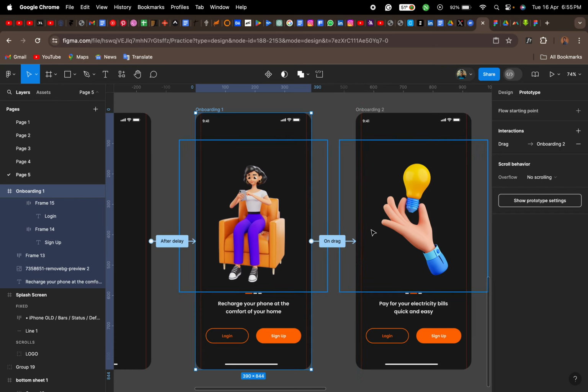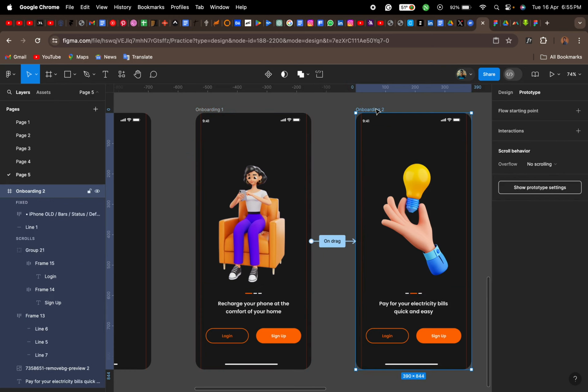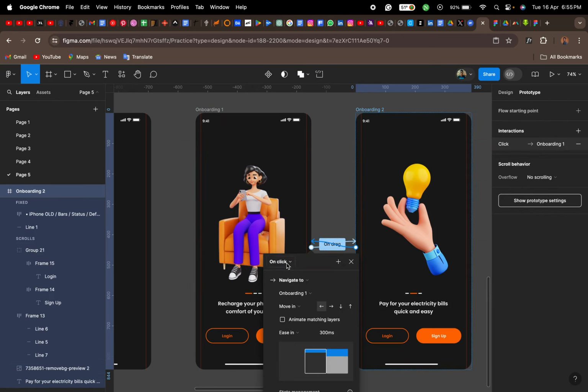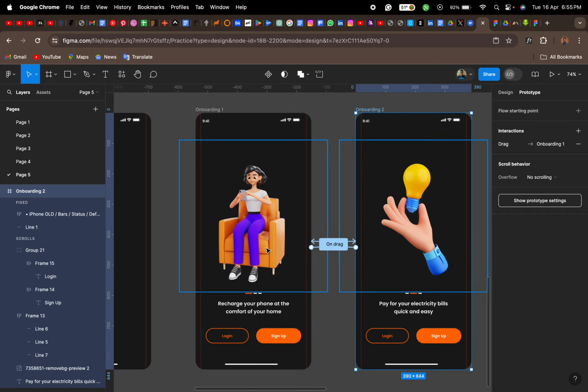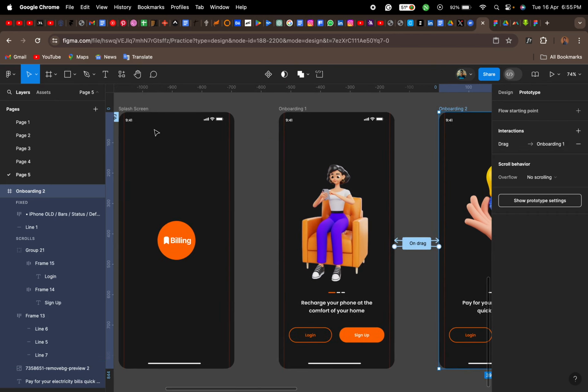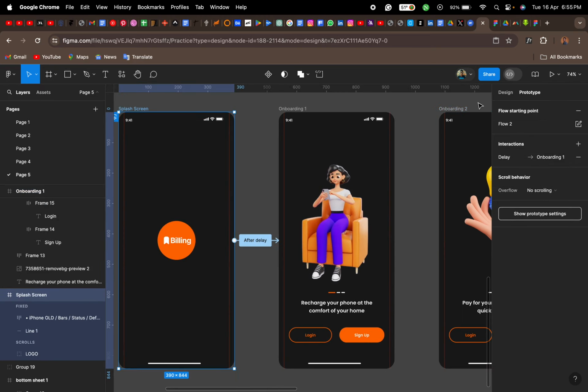So then the next thing also, you can decide to animate back to this other screen, right? And we also say on drag, right? On drag, but now the direction is going to be backwards, right? That is going this way to the right. All right, so now I just want us to observe what we just did. So I'll click on play